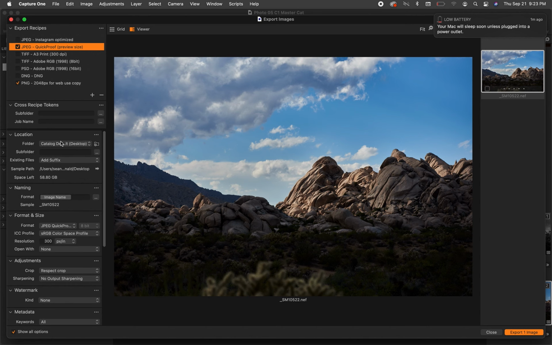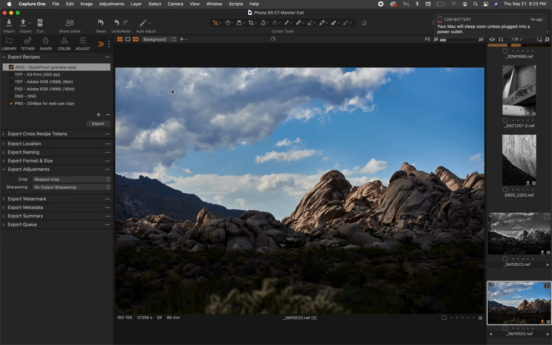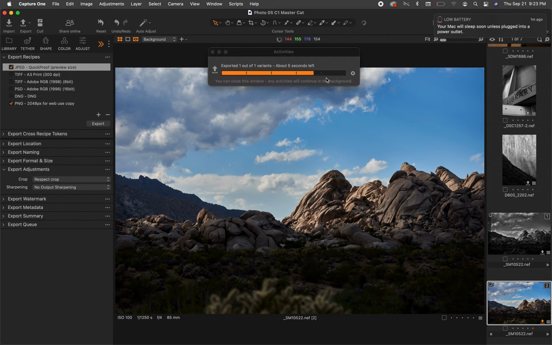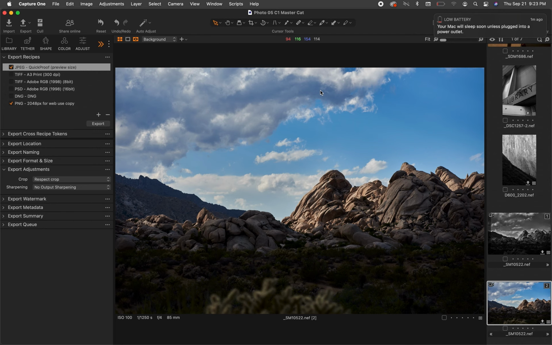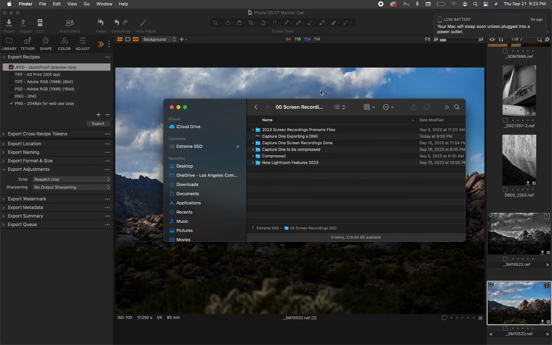They're all going to default to the desktop, so I'm just going to leave that as is. And we will click this, and you'll be amazed at how quickly it exports these out. We don't even get a status bar that stays up very long, unlike when we were doing the Photoshop files in the TIFFs. And then if I go to the desktop,